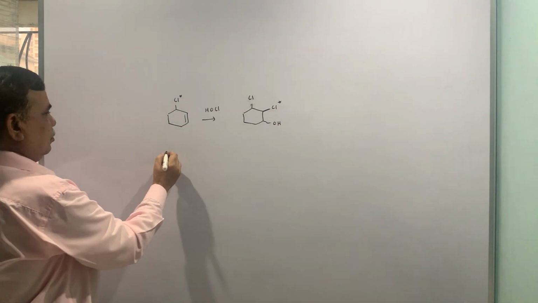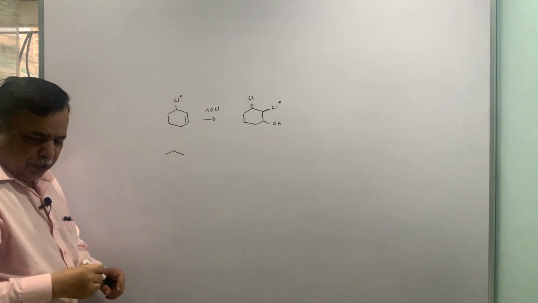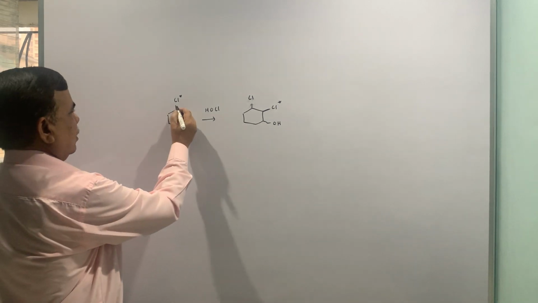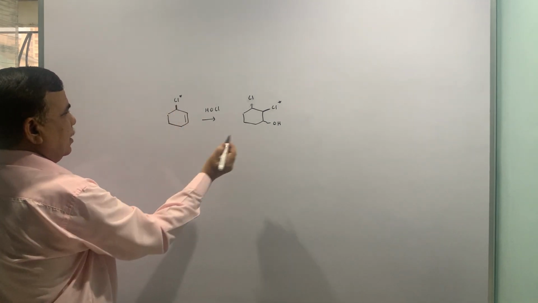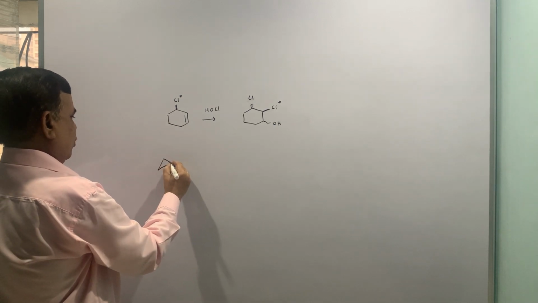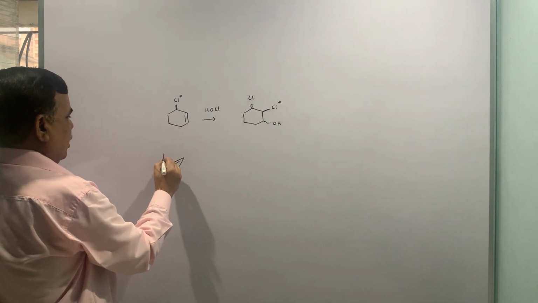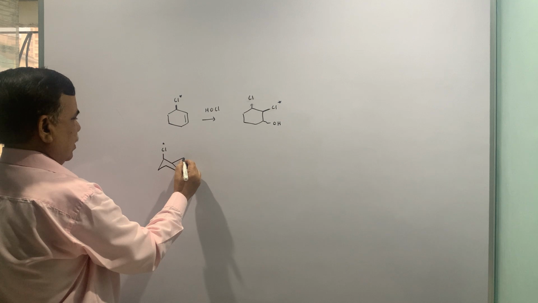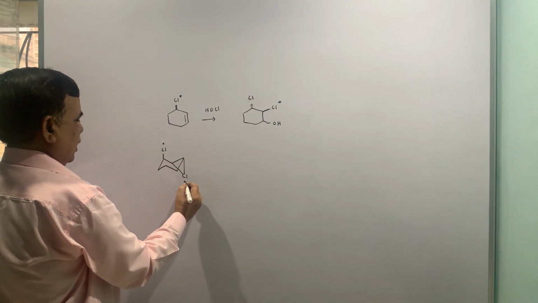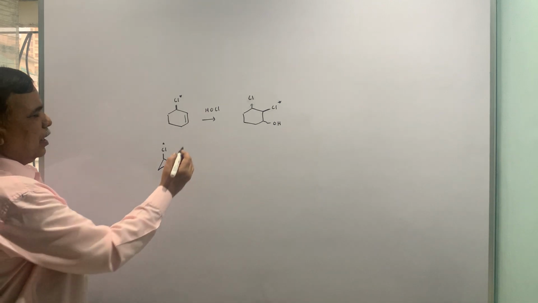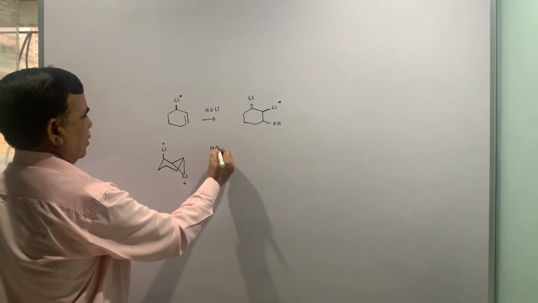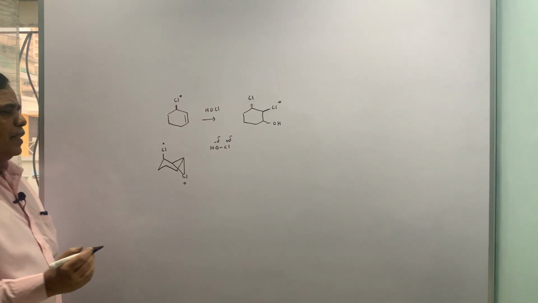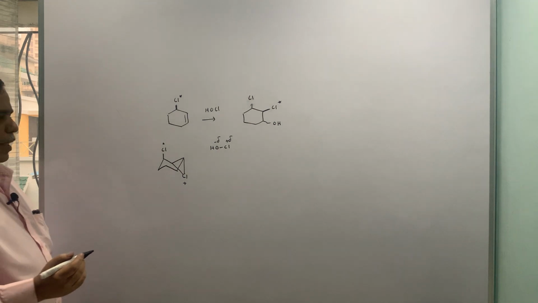chlorine now. So initially what happened, now let me put the chair conformation for this so that it becomes easy. This is beta, that remains beta in the final compound. Let me show it like this. This is the double bond, this is the Cl which is labeled. Initially what happens is this becomes Cl plus, because in HOCl the polarization is plus delta here, minus delta here. So obviously your double bond will attack at Cl, it will go through the chloronium ion.